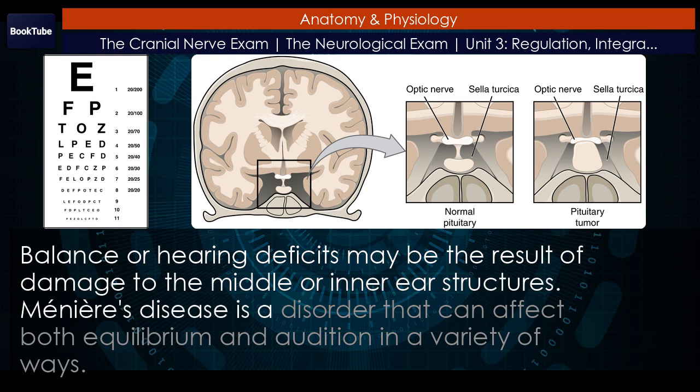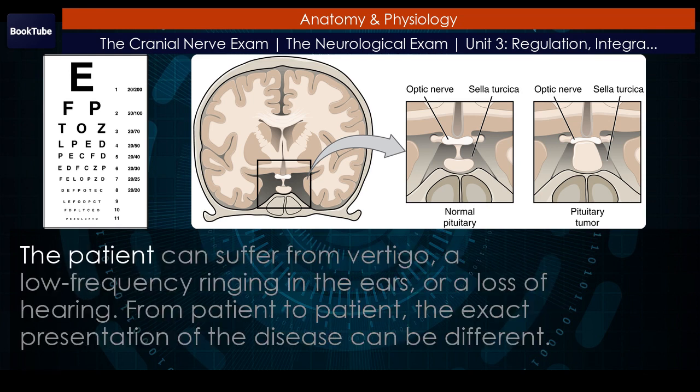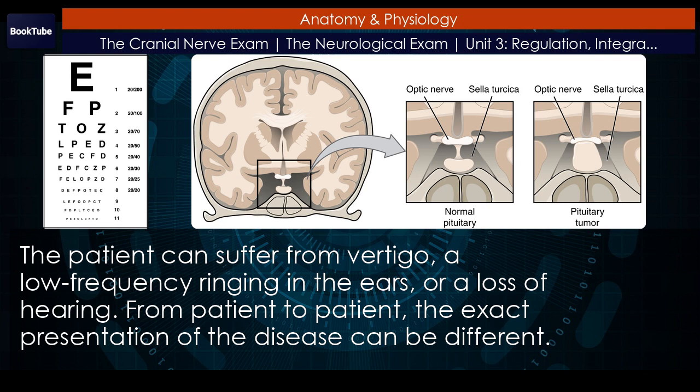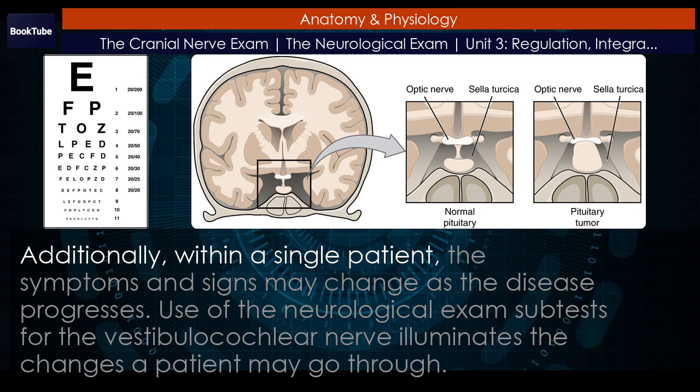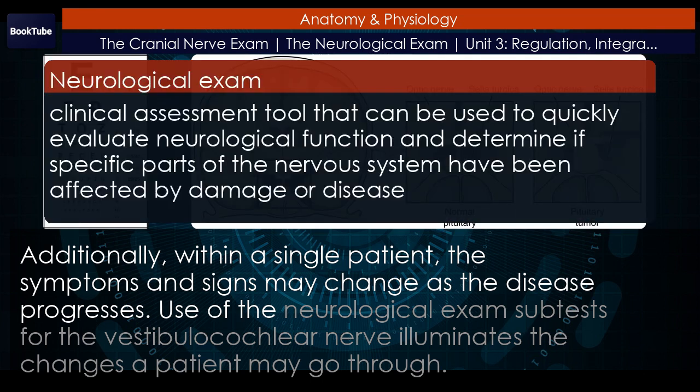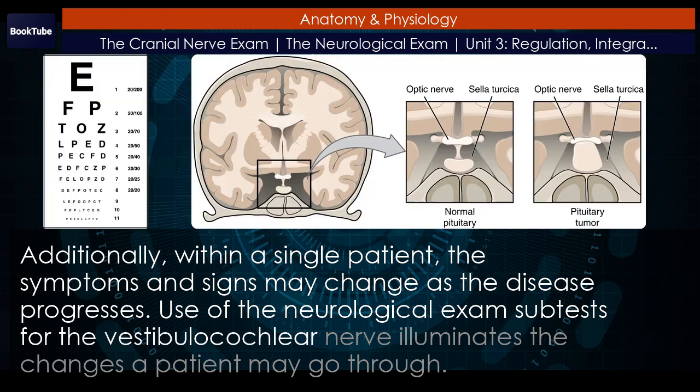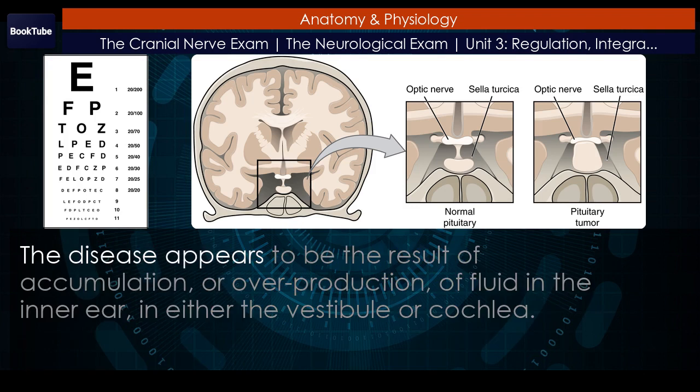Meniere's disease is a disorder that can affect both equilibrium and audition in a variety of ways. The patient can suffer from vertigo, a low-frequency ringing in the ears, or a loss of hearing. From patient to patient, the exact presentation of the disease can be different. Additionally, within a single patient, the symptoms and signs may change as the disease progresses. Use of the neurological exam subtests for the vestibulocochlear nerve illuminates the changes a patient may go through. The disease appears to be the result of accumulation, or overproduction, of fluid in the inner ear, in either the